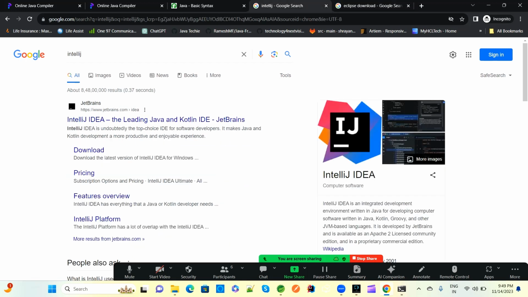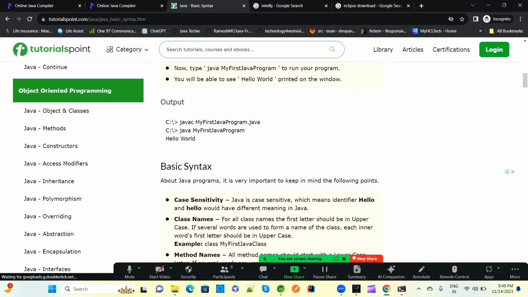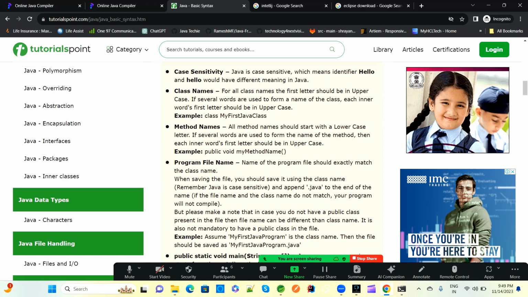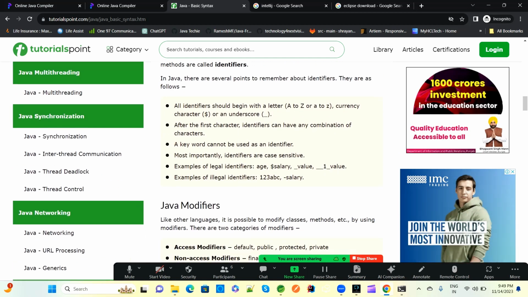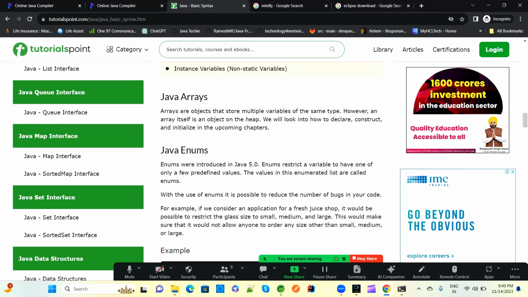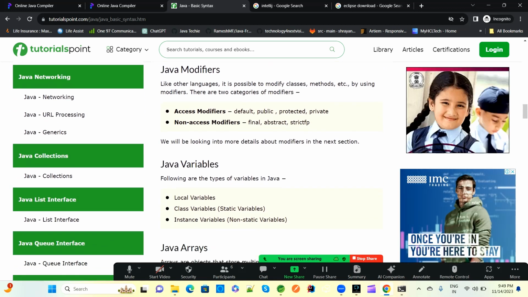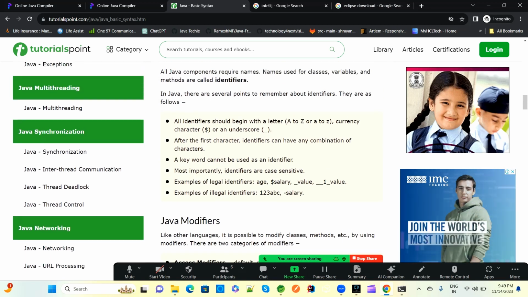So these are all the IDEs, and they mention some basic syntax of how we run in the CMD. So we can suggest, till now, whatever we have covered,